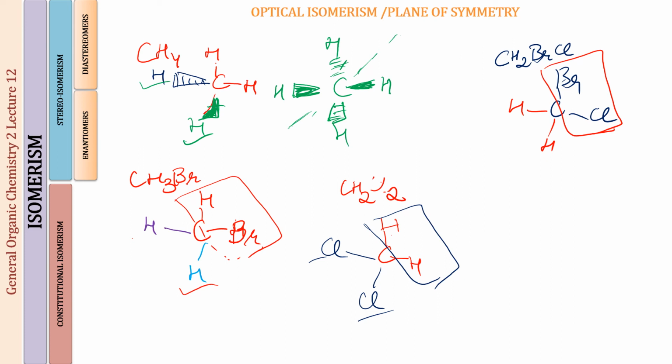So in all these molecules, what you can see is that if there are at least two atoms of the same kind attached to the carbon, what you will get is at least one plane of symmetry definitely, and the molecule will be an achiral molecule, right? I hope this is clear. So now that you understand this, we will move on to the next set of questions.